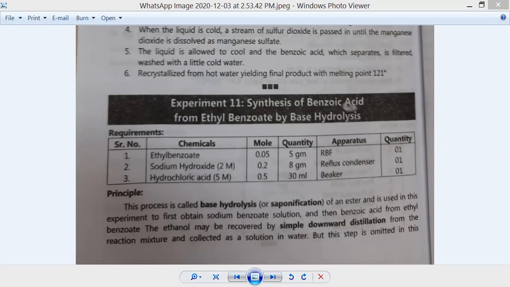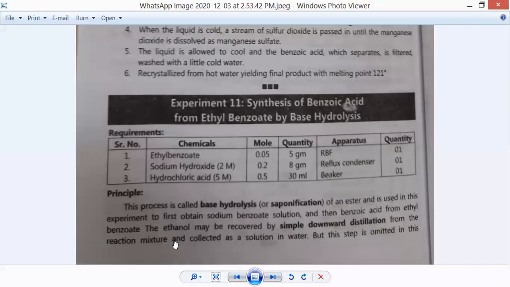Very simple reaction. Now we will discuss the principle involved in this process. This process is called base hydrolysis. We have already discussed that it is a base hydrolysis reaction of an ester. It is used in the experiment to first obtain sodium benzoate. So this procedure is used to obtain sodium benzoate and then benzoic acid from ethyl benzoate. The ethanol may be recovered by simple downward distillation. Whatever ethanol is formed in this reaction mixture, we can recover by simple distillation